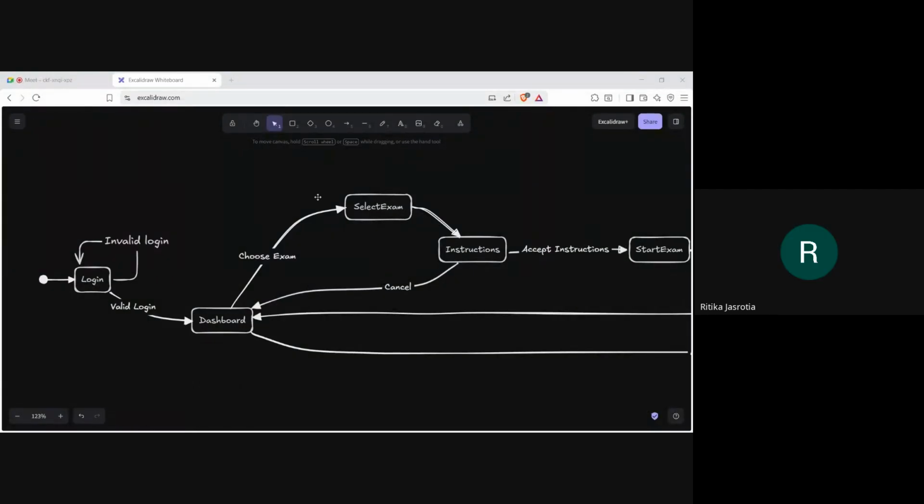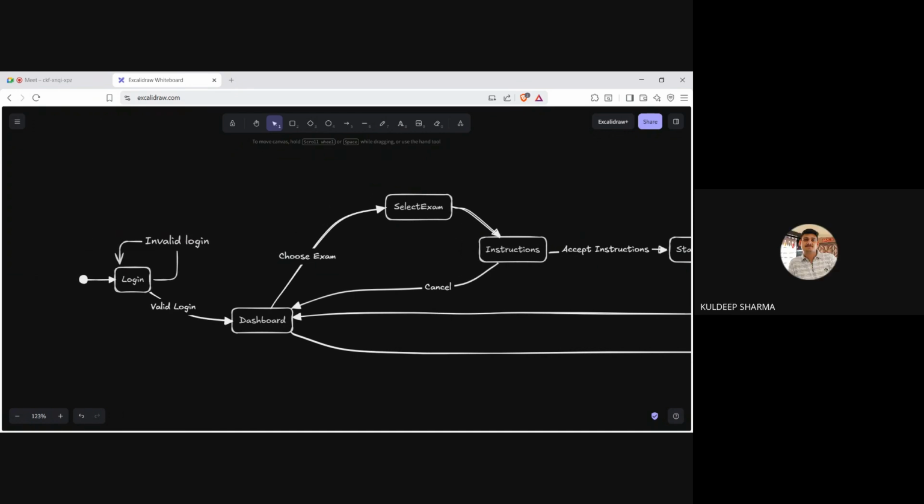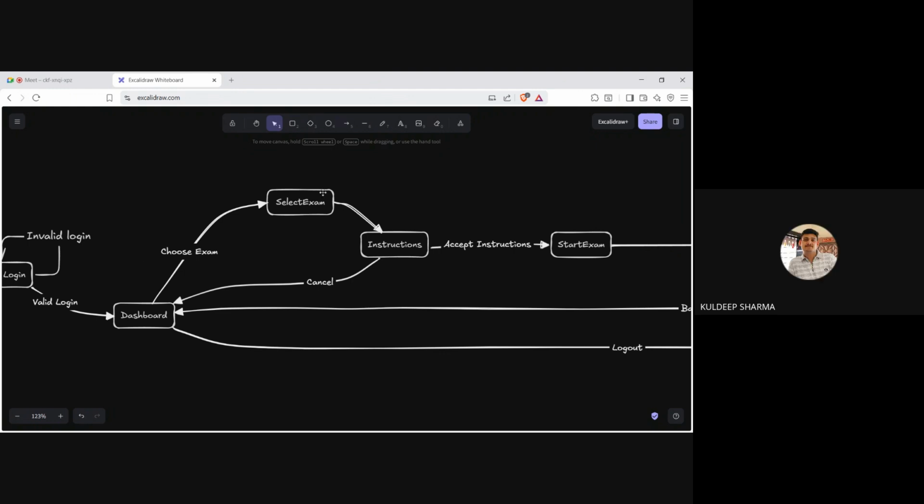Share screen visible, ma'am. Yes. So here it is. We have login. If invalid login, then it goes back again to login. If valid login, it goes to dashboard. Choose exam, select exam, instructions.